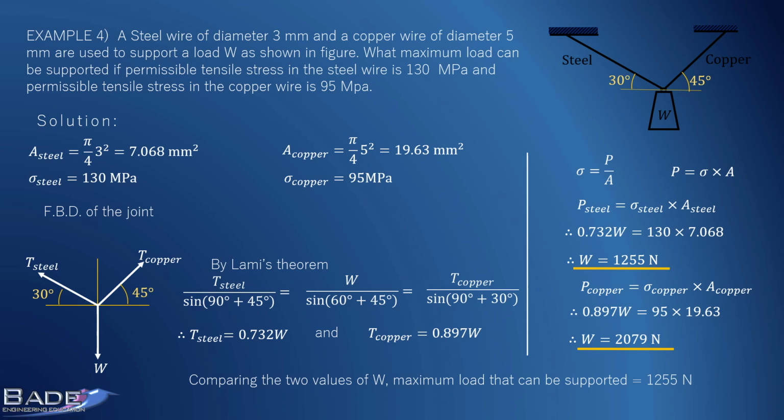So what you have studied in this problem? Listen, to find a safe load in a system, when you use more than one condition, you get more than one value for that particular load. Real safe load is smallest of all those values. Smallest of all those values of load. So when you select safe load, you should select smallest value of load.